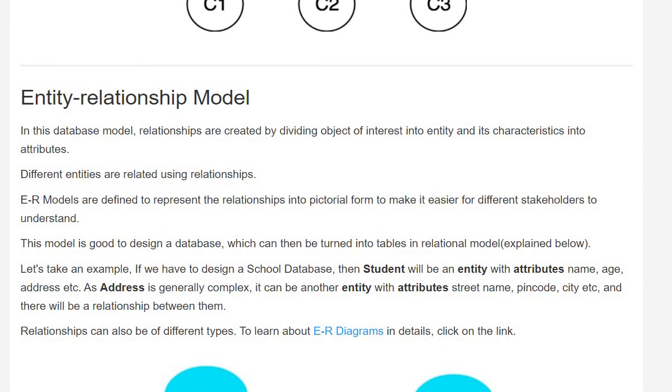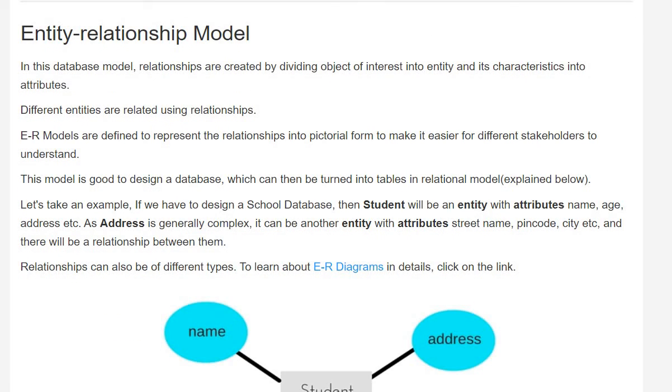What is an entity? First of all, the question comes, what is an entity? Entities are just the names of attributes, just the names of columns. If we talk about student data, the entities are name, roll number, address, age, and so on.